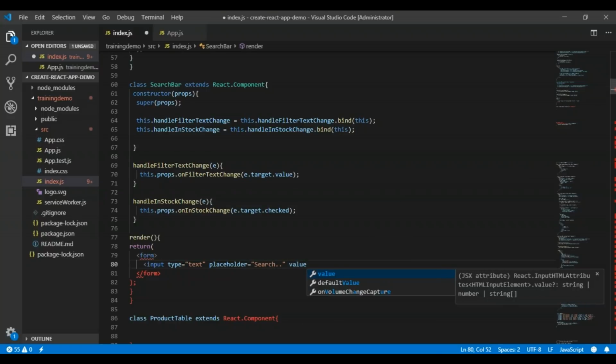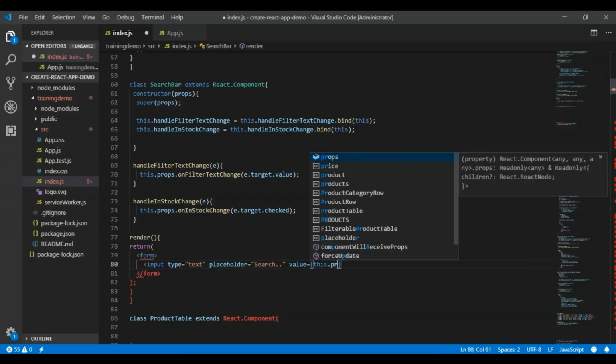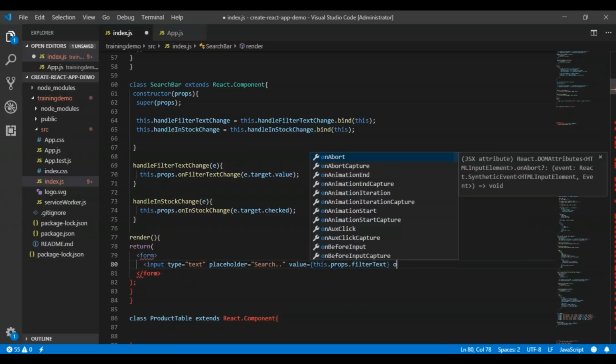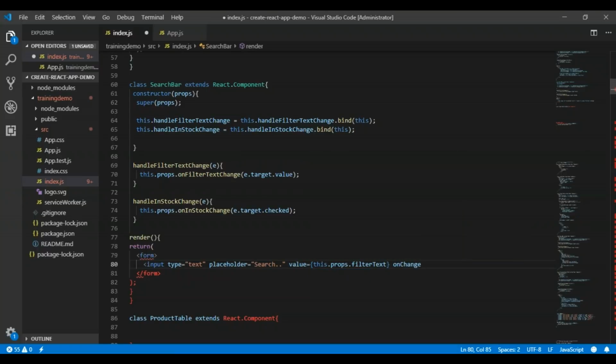Now what will be the value? This is something very important. So this dot props, what is the text which the user has written, this dot filter text. And as an event, I want an event on change, whenever the value changes, I want to call this dot handle filter text change. That's it. So my input is defined.